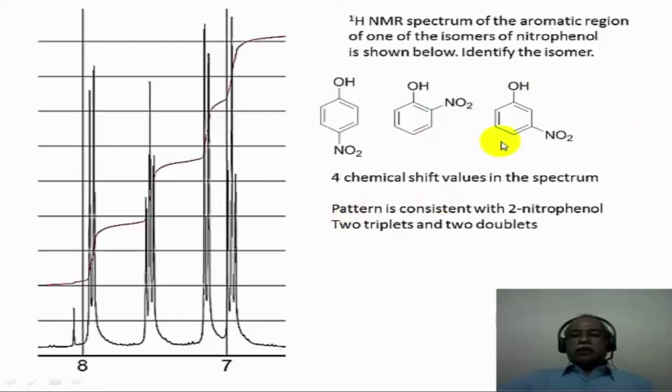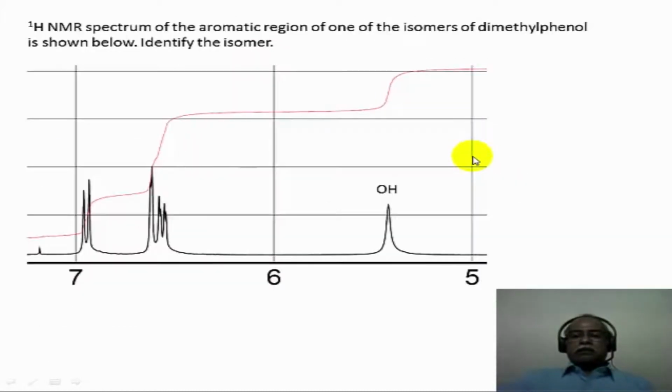So if you look at this compound, the substitution pattern is meta. That leaves this particular hydrogen, and there are no coupling partners ortho to it. So this should have appeared as a singlet or as a triplet with a very small meta coupling because of the two meta hydrogens present in the system. You don't see any kind of a triplet with a very small meta coupling of the order of 1.5 to 2 Hertz or so. All these multiplets have ortho coupling that would be consistent only with the orthonitrophenol as the correct answer.